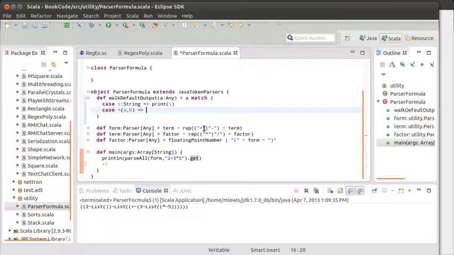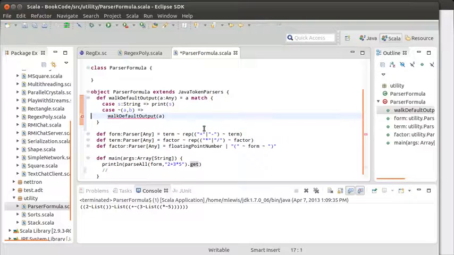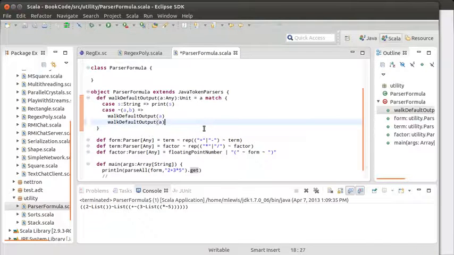Then I will recursively call this on walk default output on A, and then do the same thing for B. Because I've made this recursive, copy, paste, do it for B,